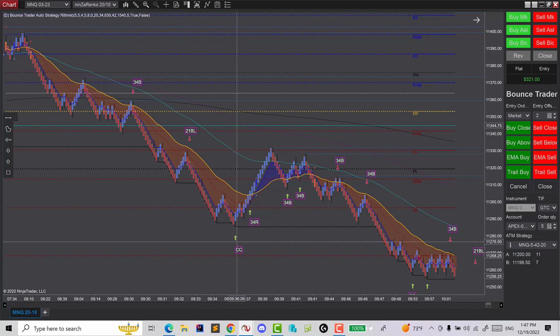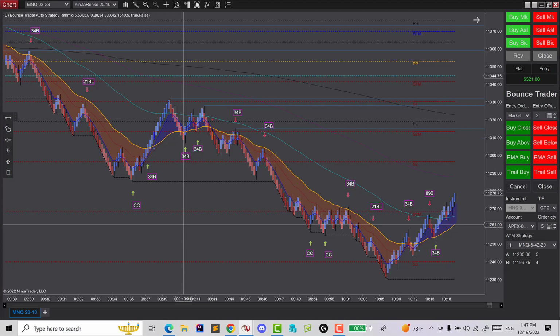We had a CC right here. It's a candy cane trade. Again, it's just 2 bars, and there goes our profit. And then we have this signal, 34R,